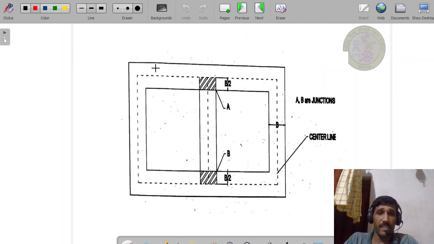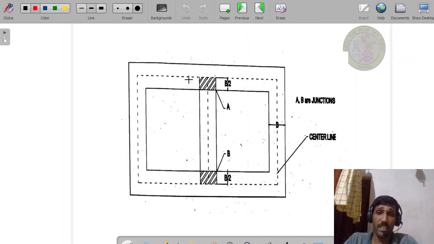See here, this is a simple building. Before solving the problems, I will briefly explain how to consider the number of junctions and how to calculate center to center length. Now from this figure, as in the previous long wall short wall method, we calculate the center to center distance the same way here, the center to center length of each type of wall. The 30 centimeter wall is the 30 centimeter wall, the 20 centimeter wall is the 20 centimeter wall. Each type of wall is to be measured separately and counted separately.